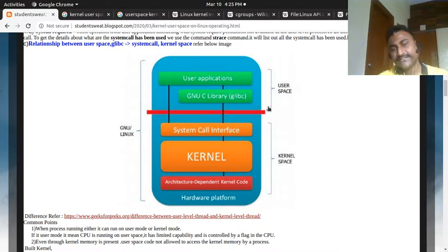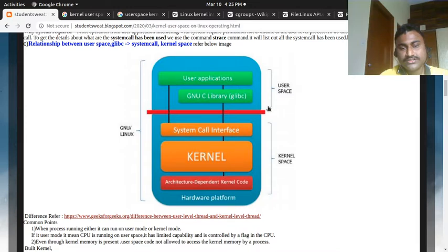It is an API between both of them. Actually glibc is the GNU C library. It's a group of library packages, and syscalls is the system calls interface.